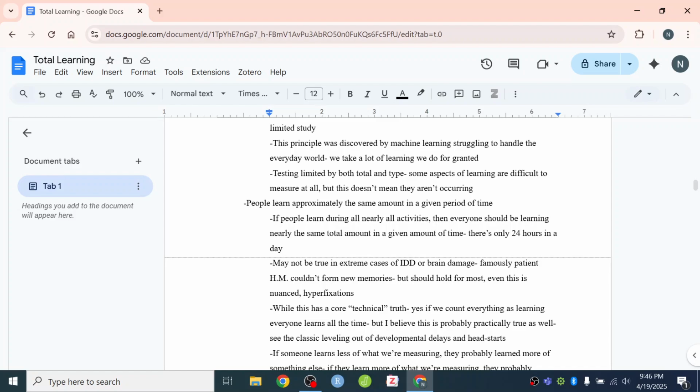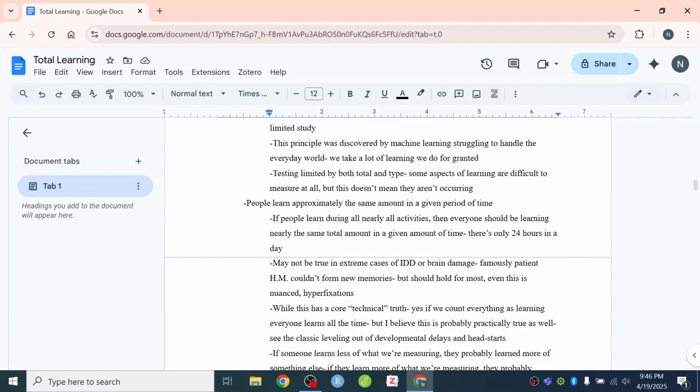And you can see this in the classic leveling out of developmental delays and head starts. There's a well-known trend in developmental psychology where a kid who has really great motor control is ahead of their class in motor control. Well, slowly they'll start to level out, and everyone else will catch up to them, and they'll end up in the middle of the pack in terms of their motor control. And the kid who has really great verbal skills, they're ahead of their cohort in terms of their ability to talk. Well, over time the cohort will catch up, and they'll have about the same as the cohort. And the kid who's behind will catch up, and it's not true for every kid, but it happens a lot of the time that there's this leveling out.